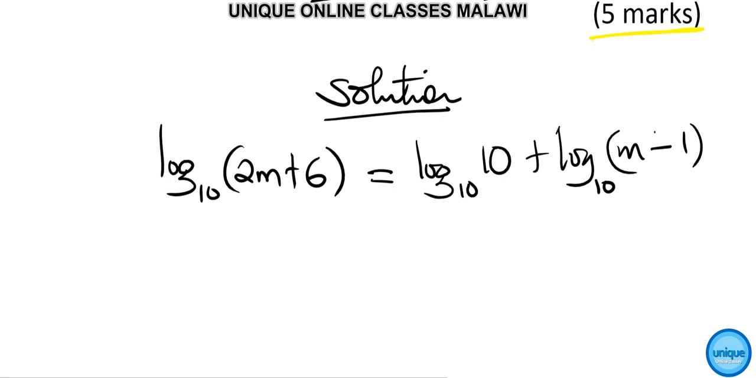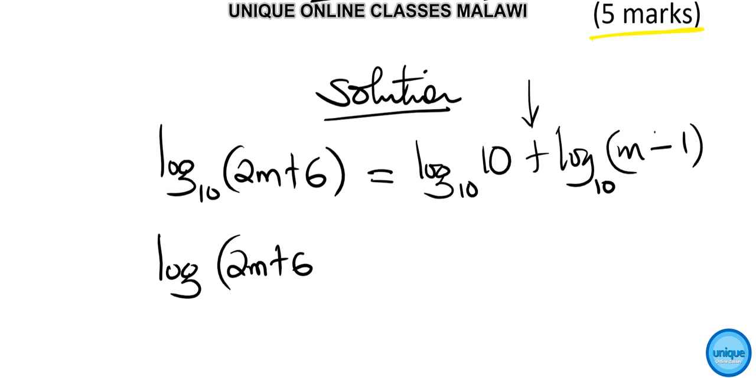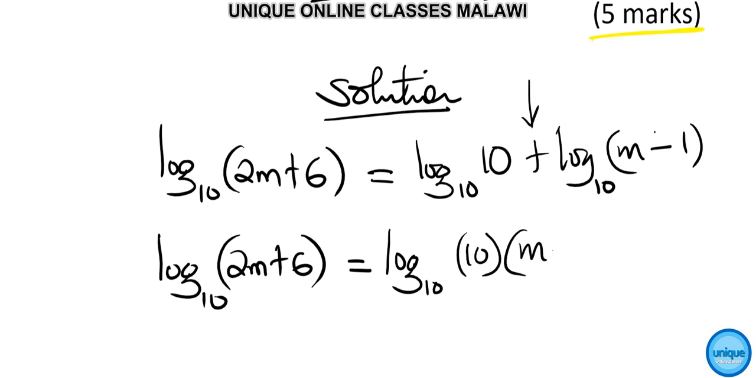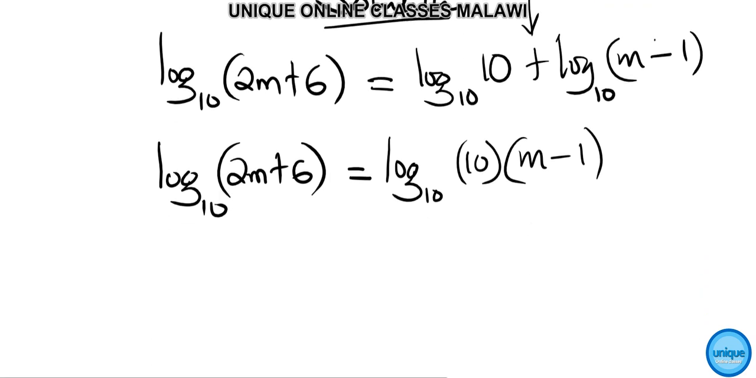And the next thing, applying the laws of logarithm. What we need to do here is multiply that one. So on the left hand side, you have log of 2m plus 6 base 10 is equal to, here it will be log base 10, and here we're going to multiply 10 by m minus 1. So if you multiply that one, we're going to have